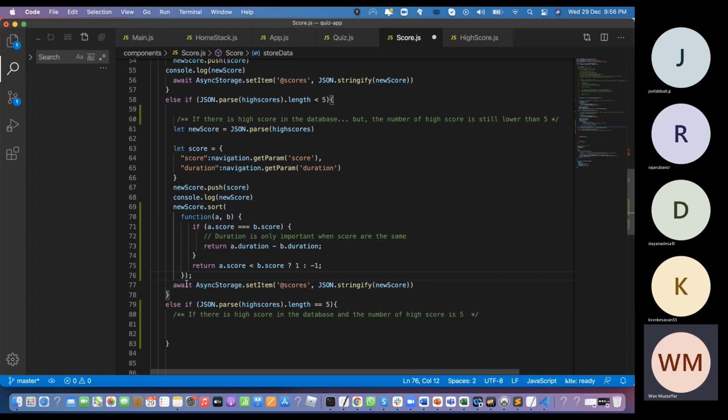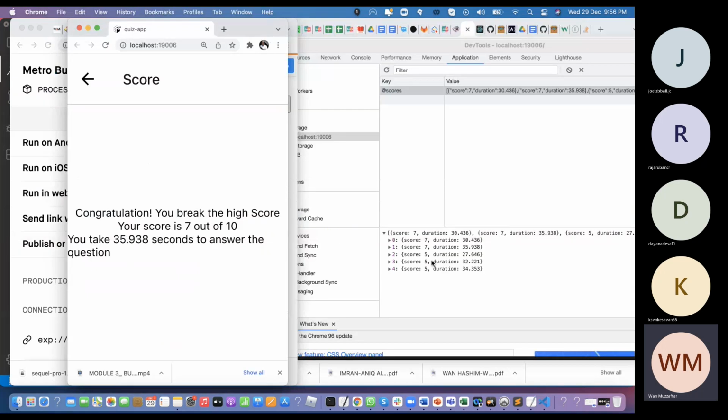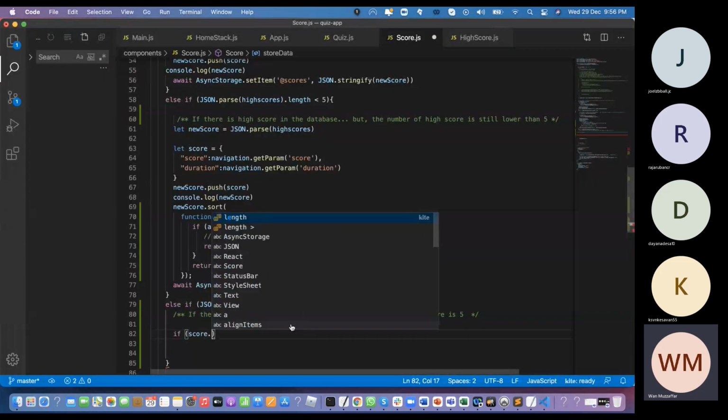Okay, last. If the high score is in the data and the number of high scores is 5, all right, what you're going to do is you're going to check. You know that the last one is the smallest one anyway, right? So the last one is the smallest one. So if score,